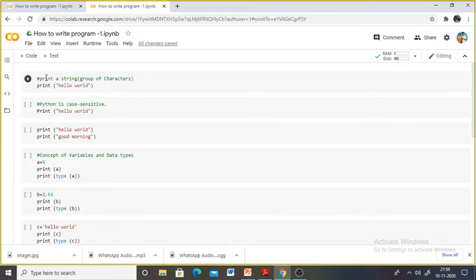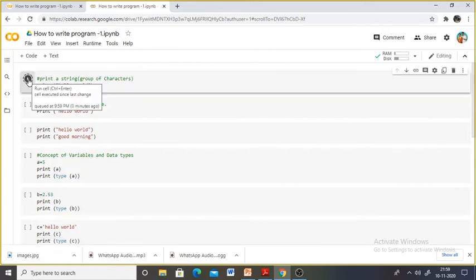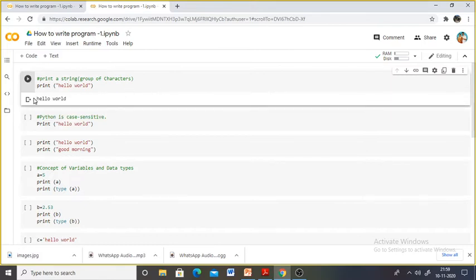Call it a cell, and in that cell I have written the first statement, that is print hello world. That is, print a string. I'm going to run this using the run cell command. You can see the play button there. That's the run cell. The cell has to be executed by clicking on that. What happens? You can see that it is executing now, and I got the output here. So I told you that whatever we give inside the brackets, if it is a string, whatever we give inside the double quotes is considered a string, and that will be displayed.